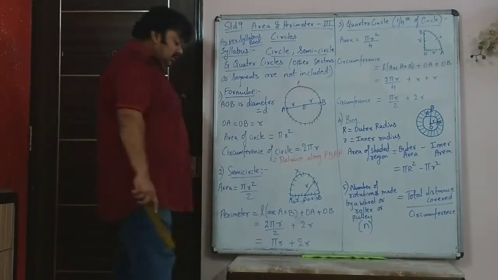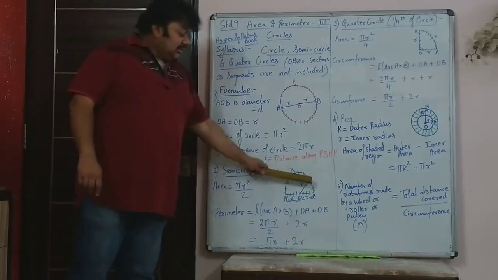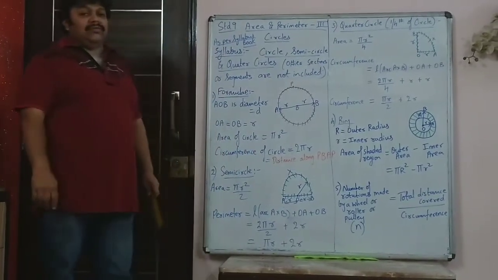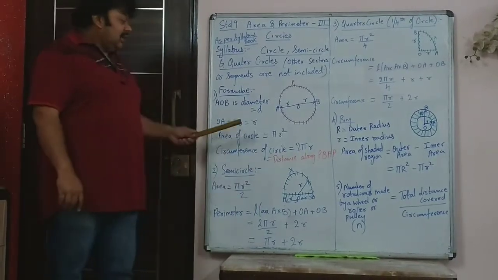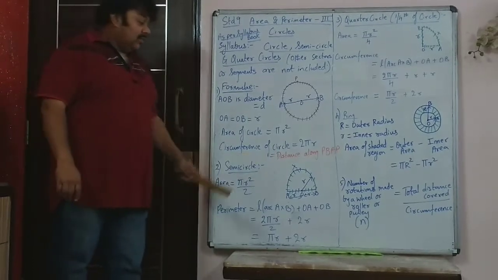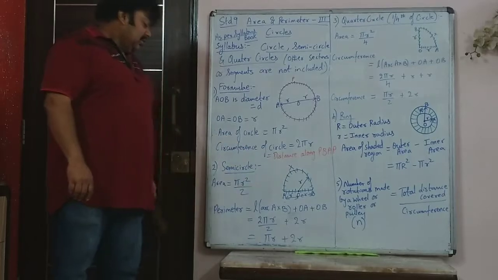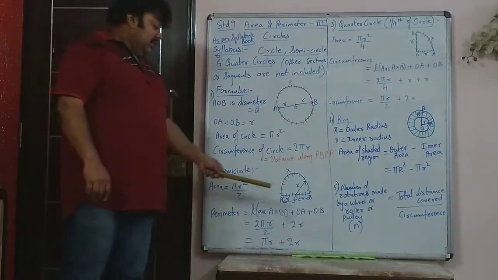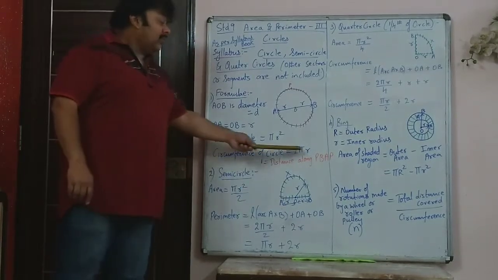That is the circumference. Now if you take the semicircle, this is semicircle, that is exactly half the circle. It is very simple for area. Area is directly circle's area upon 2. So it is pi r squared upon 2. That is the area of the semicircle. Now perimeter is not going to be 2 pi r upon 2.